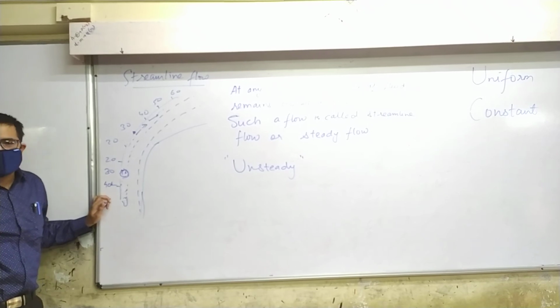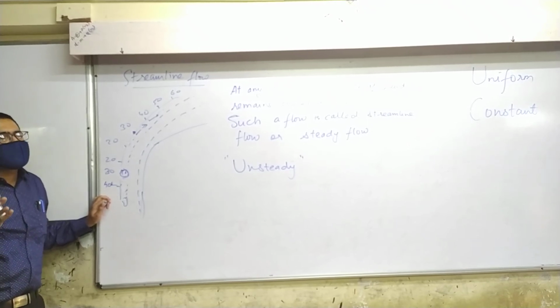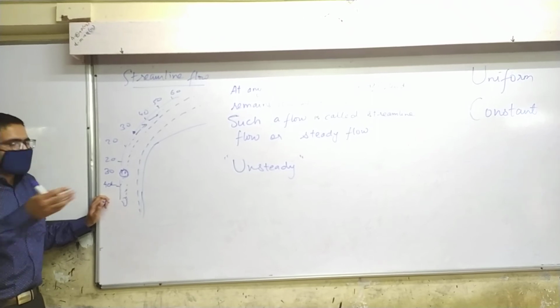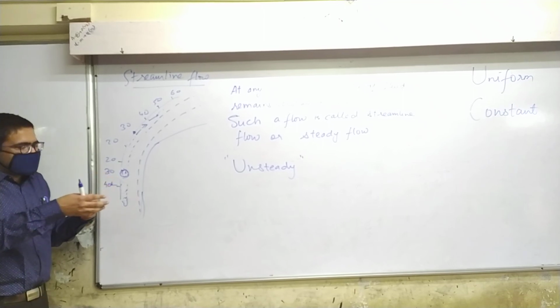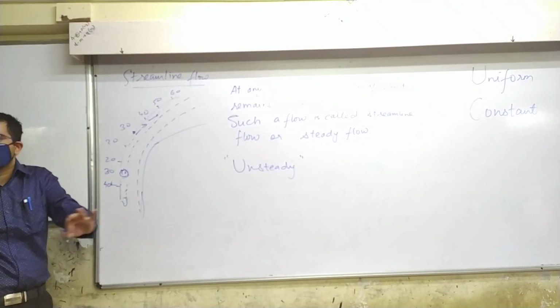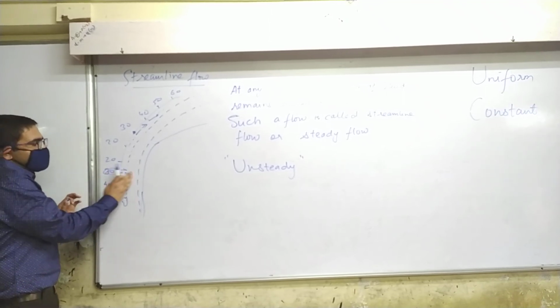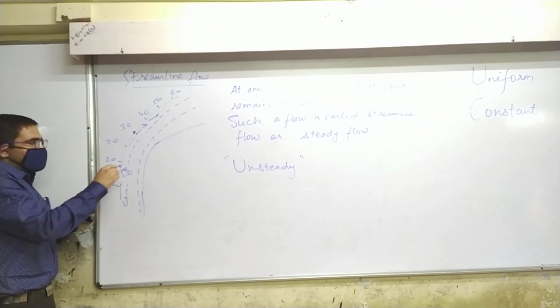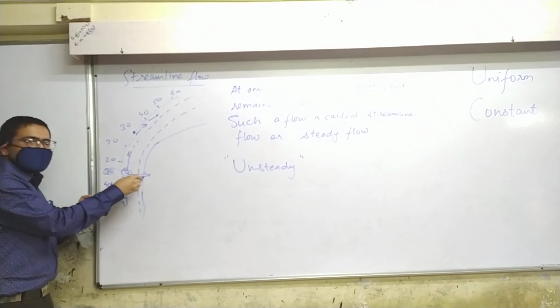Anytime things can change. You understand what I say? Yes. In unsteady flow, things can change at any moment. Right now it might be 30, but then it's possible that some more fluid rushes in, and suddenly this 30 becomes 60. Before it was going this way, instead it started going that way.